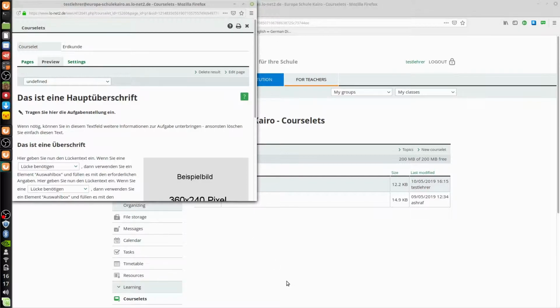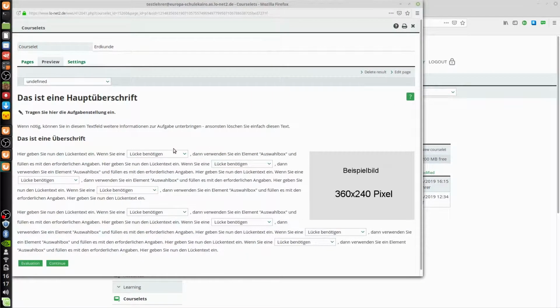Then Lo-net shows you an overview of your text. In this trial it's a gap text with a picture, but there's nothing in here because we haven't finished it yet. But in one of the following tutorials I want to explain how to use this Kurslet